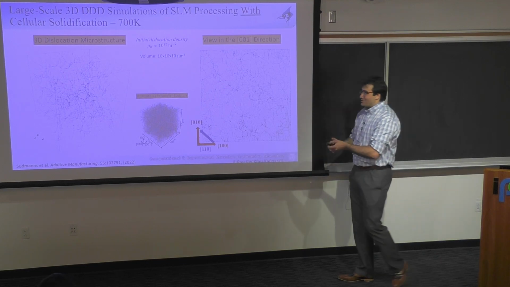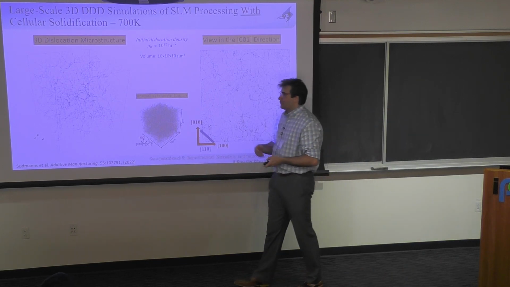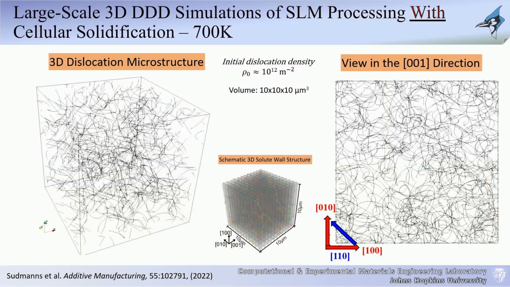So the first result that we actually generated was the following. I basically said that to the postdoc when we were trying to attempt to do these simulations. These are 10 by 10 by 10 micron simulation volumes. We want to do the cool down. I want to start off from the point where the material solidified, so this is right after your temperature decreased below the melting temperature point. And then now you have a solid material, and I want to do the simulations of the cool down.